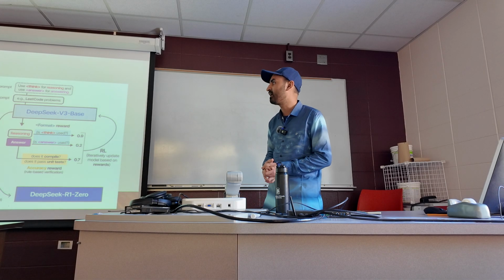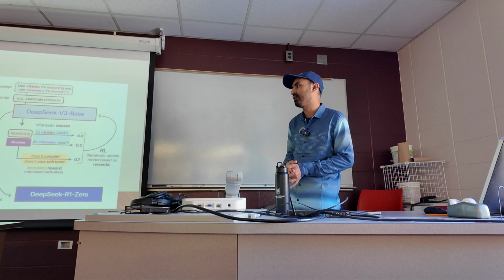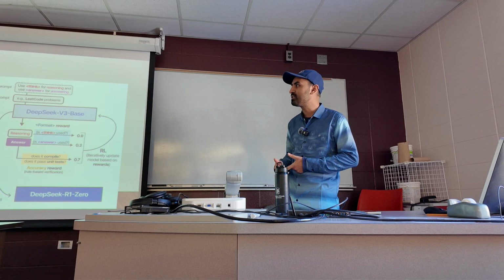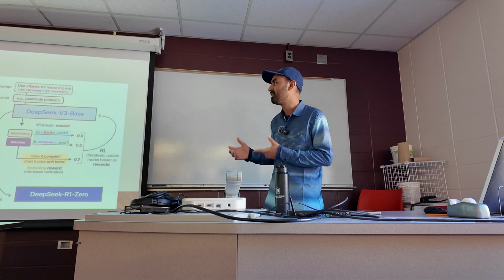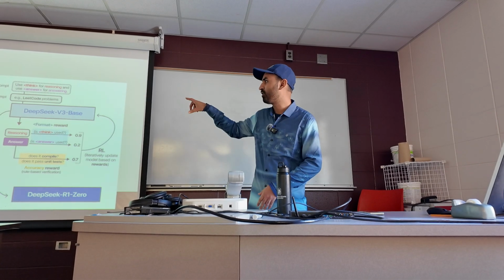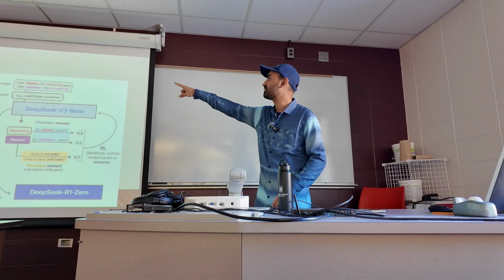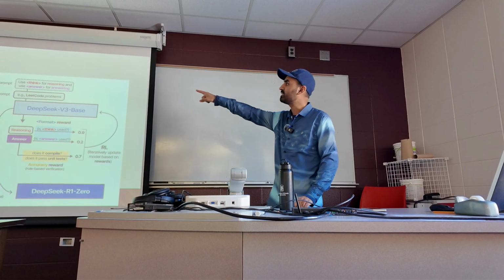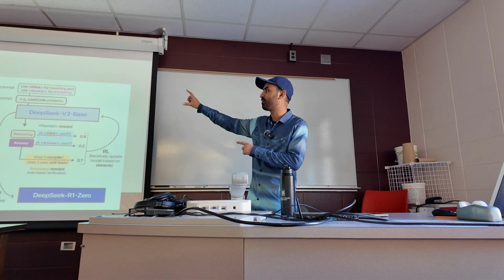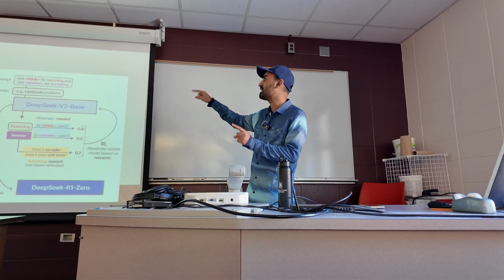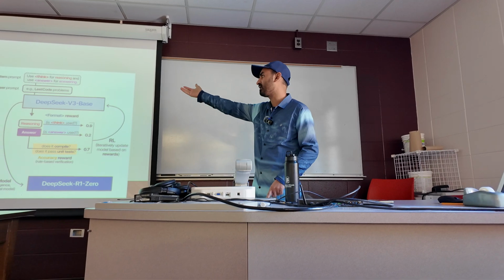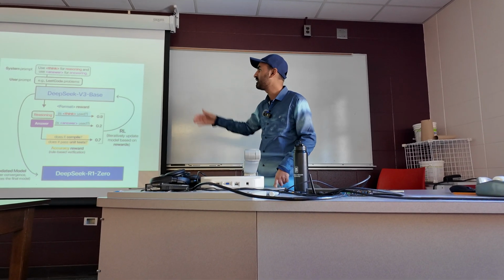During reinforcement learning, two specific rule-based rewards were created. The first one is accuracy reward, which rewards the answer by testing it out. The second is format, like the think and answer tags. So in the system prompt, we can see that we use think tags for reasoning. This is the prompt format. Use answer tags for the answer, and there is a user prompt, like suppose LeetCode problems, and then they are sending